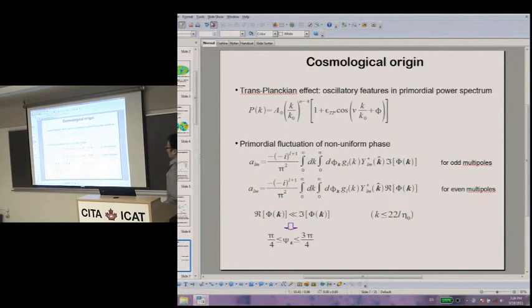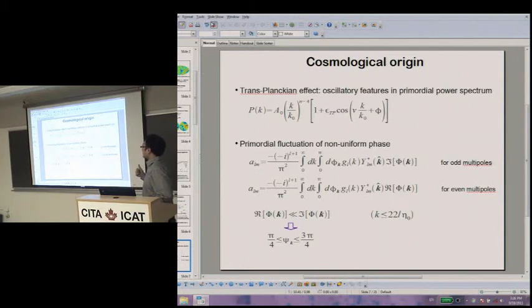And another possibility is... Are you changing the transfer function or something? Changing what? Are you changing the initial vacuum state? I don't know the really technical detail, but from my limited knowledge, they use some oscillation. And there are many models, and these are the formulas by the WMAP team to represent the class of such models. So this is not only one model.